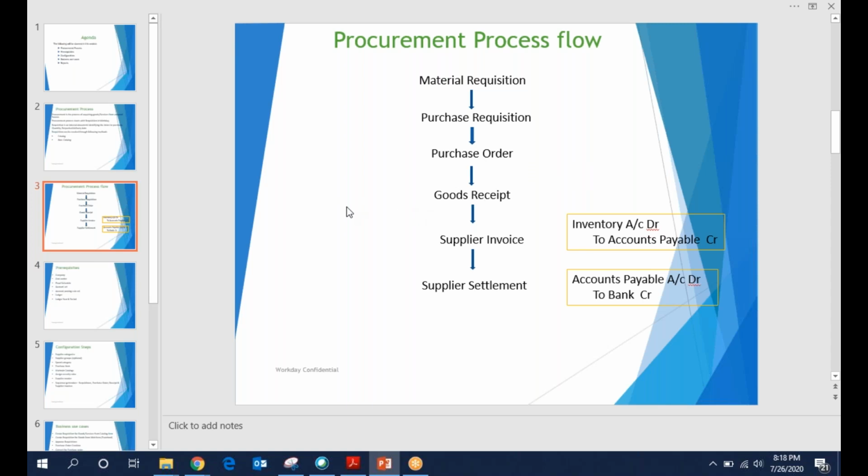Receipt will not create any accounting document. What about invoice? Invoice will be sent by the supplier. Once we receive the invoice, usually both are done at the same instance at the business level, but we have 2 steps here in Workday. We create the receipt and then the invoice. So first the receipt will be created, then the invoice gets generated. Exactly. With reference to the receipt only, the invoice can be created.